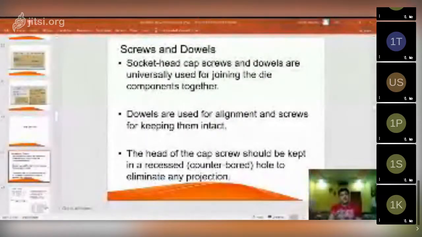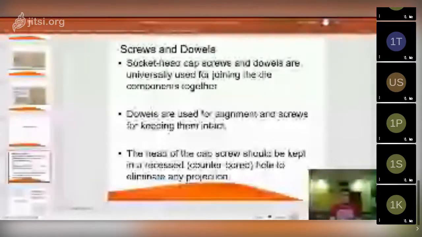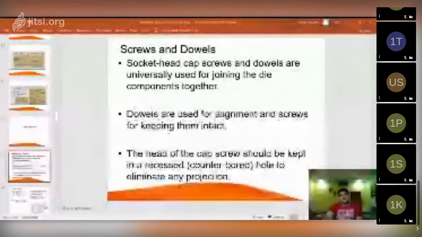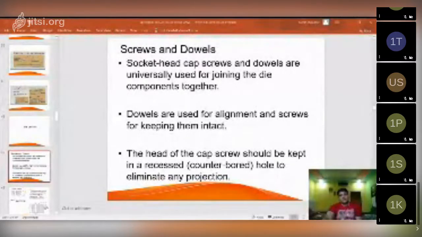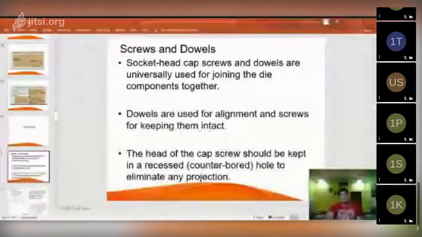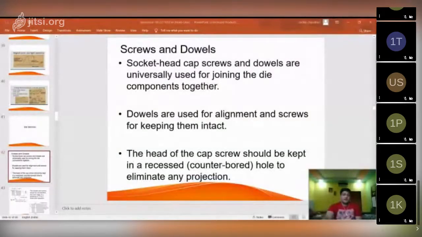Whatever the size of screws and bolts employed, it does not depend upon the size, height and thickness of your die block. Along with these screws and dowel pins, they are used not only for fastening purposes, they are also used for alignment purposes. They are generally located diagonally, guys. I will show you a figure of that ahead. So they are usually located diagonally opposite, at the corners of your die block.